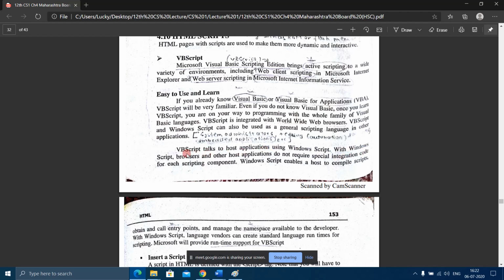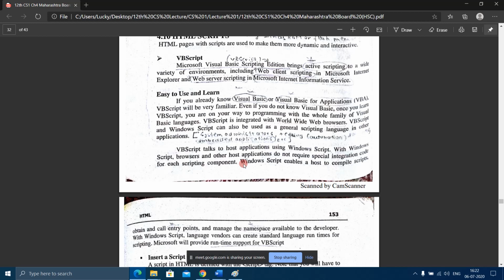With Windows Script, browsers and other host applications do not require special integration code for each scripting component, because for VBScript and JavaScript we do not require special language engines. If we want to use some other scripting language, at that time we require different language engines.